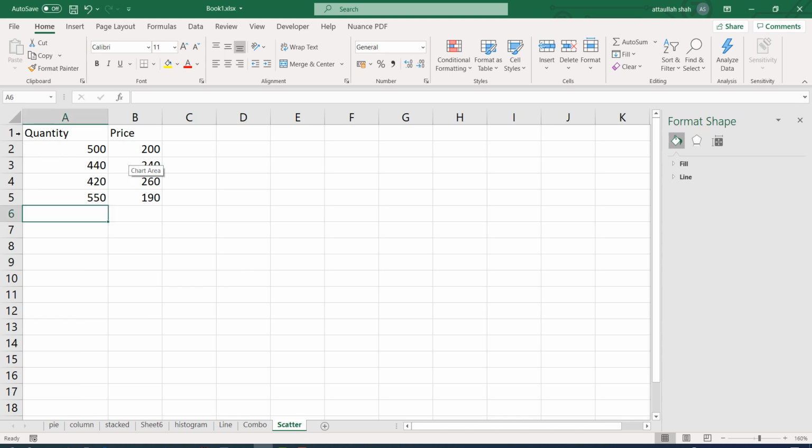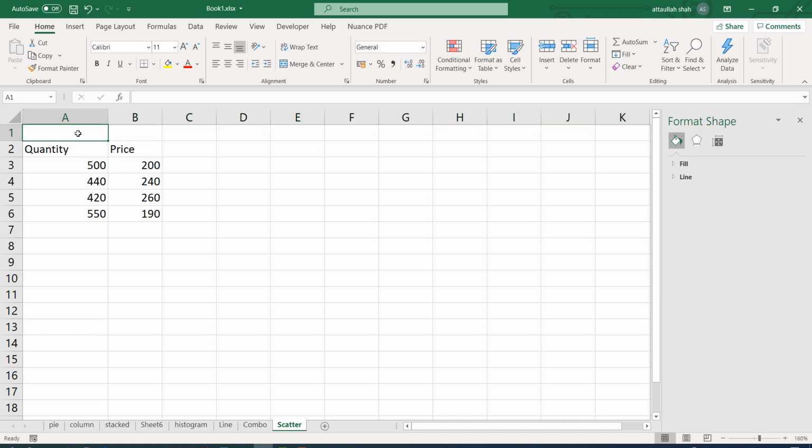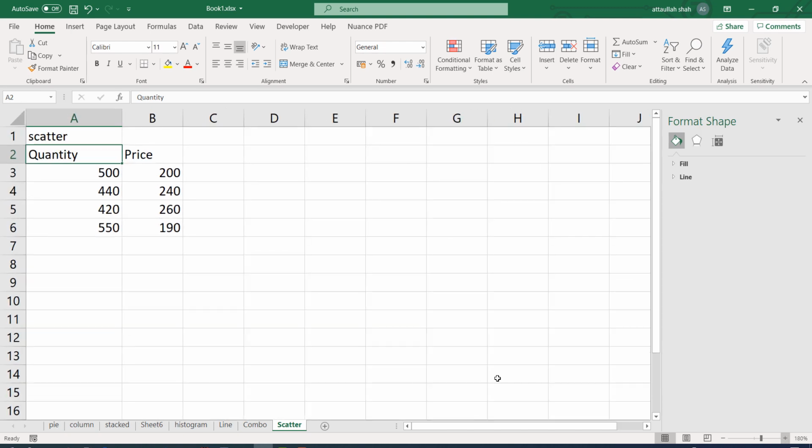So our next chart is scatter. Scatter is used to show relationship between variables. Let me spell it, scatter. We use a scatter graph to show relationship between two variables.